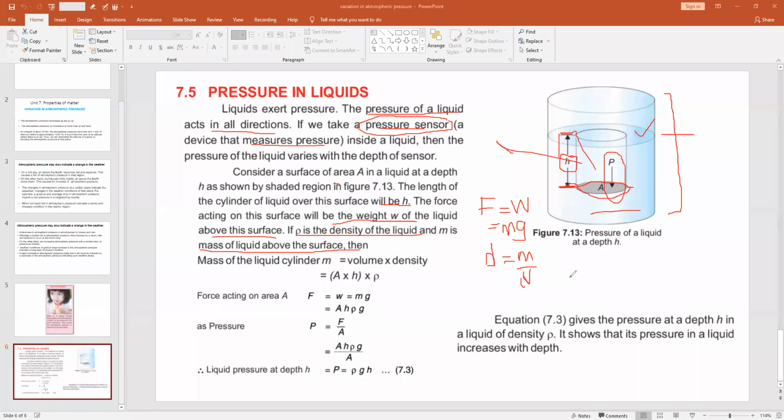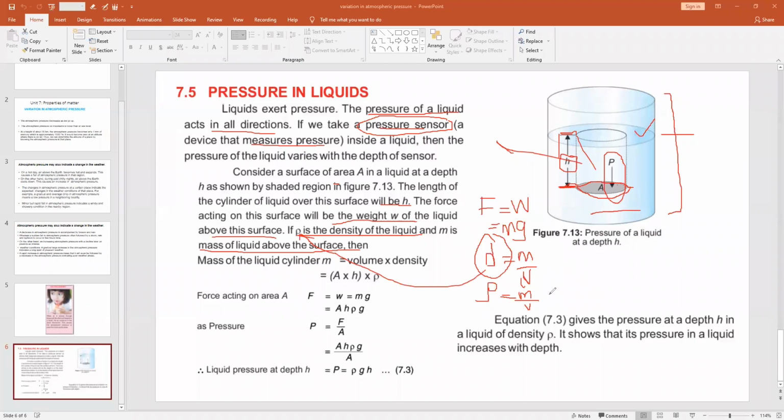So when we measure the density of a liquid, we represent the density by rho. We cannot use the small d. Instead of d, we have to use the symbol rho. This is the symbol rho that is used to find the density of a liquid. So we can say that density, rho, will be equal to m by v, right?